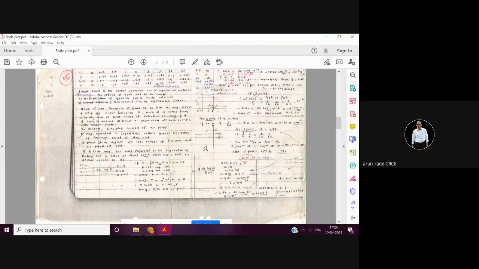This is your phase angle plot. Minus 90, minus 180. Then this is plus 90, plus 180. This is for zeros and this is for poles. Okay. This is what we saw just now. So 2 plus 2, 4. Then this is 2 plus 2, 4. So 4 plus 4, 8 plot. Okay. And this is a constant K plot, 9 plots. Plus simple pole 1 upon 1 plus ts and simple zero, that is 1 plus ts.